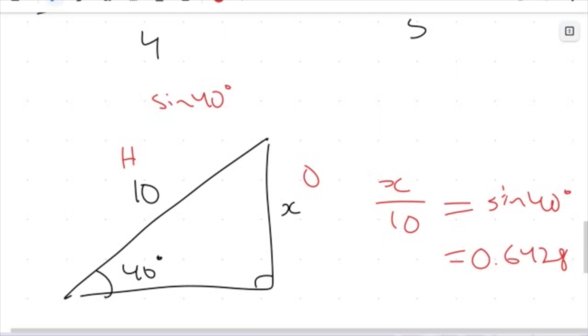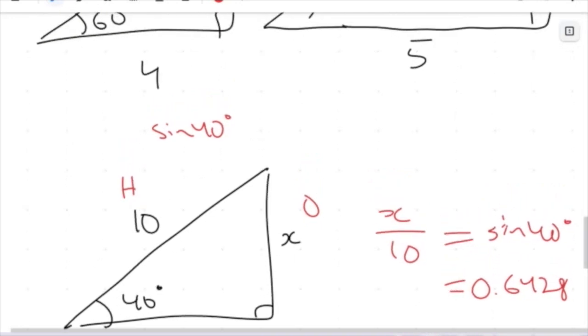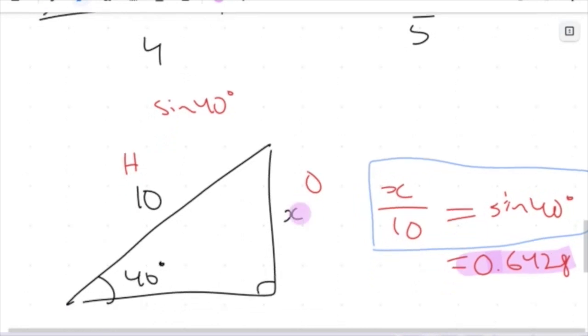So we don't really get an appreciation for this, because when we do this in school, and if you look at it in your textbooks, you just do SOHCAHTOA, substitute it straight in. But the reason it works is because this ratio, 0.6428, is going to be equal to any time we have an opposite over a hypotenuse. And this idea is what we're going to be using moving forward when we work through finding unknown sides and unknown angles. But this was just a quick little side note on trigonometric ratios and how these work for similar